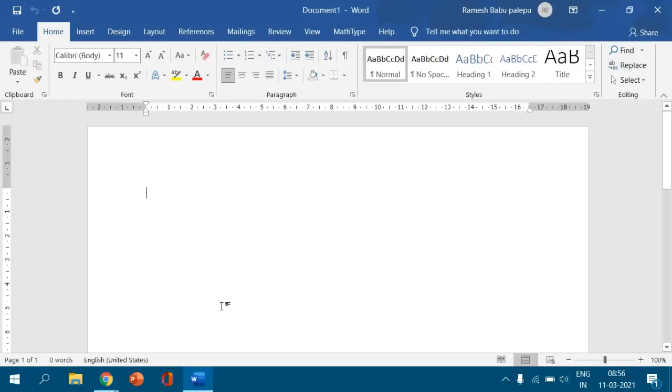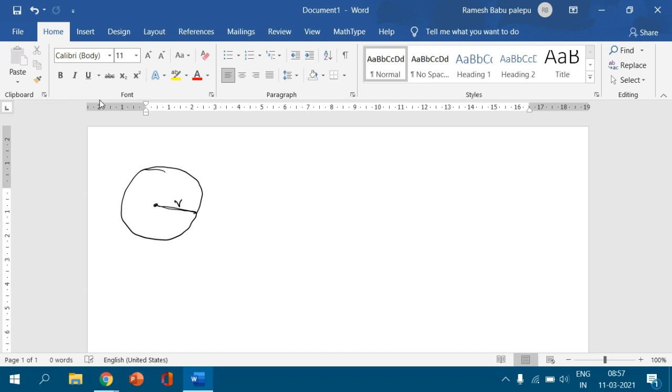Hi friends, now I would like to explain one of the Python programs: how to calculate the area and perimeter of a circle. Let us consider this is the circle and it is the central point. The distance from the central point to the outward point of the circle is known as the radius.